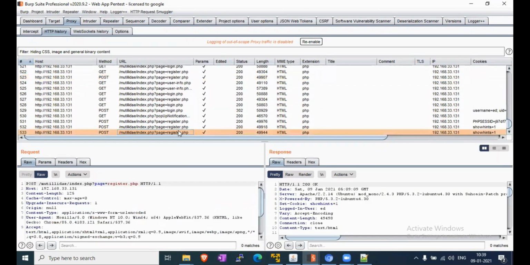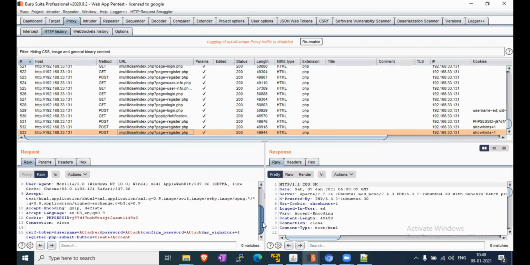Okay, this one. First we will check register attacker. Okay, this is the malicious POST request. We can find it in the Burp HTTP history. So an attacker can perform this if any CSRF protection is missing, then this type of attack happens.